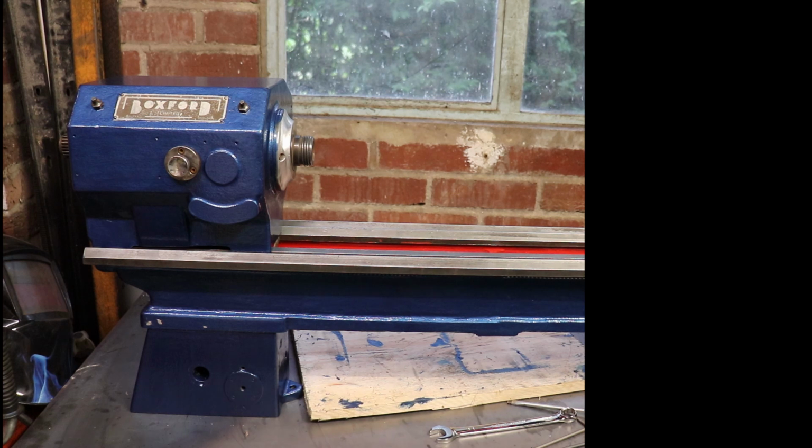Just the fact of getting the head on is quite an achievement for me. I think this has been the best part of, I don't know, 2 months worth of evenings, just coming in here, taking a bit off, and I eventually got the whole thing stripped down,